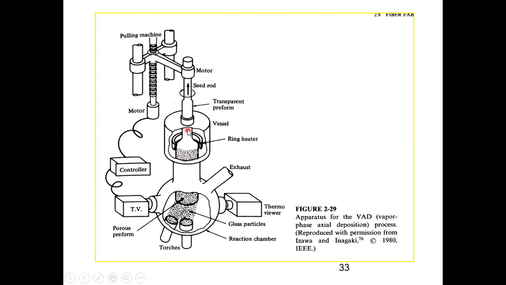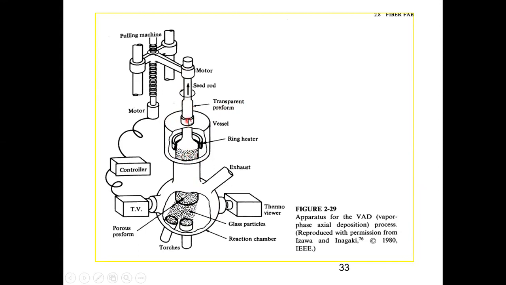Okay, so as it is coming over here, this is my, you can say, furnace kind of arrangement. So I will heat it so that this porous preform is transferred into a transparent preform, means my clear glass rod. So when you are drawing the diagram, remember inside this chamber, I have the porous preform. This is a circular furnace, or you can say a heater. As it comes outside, I get the rod, okay, which is now transparent.